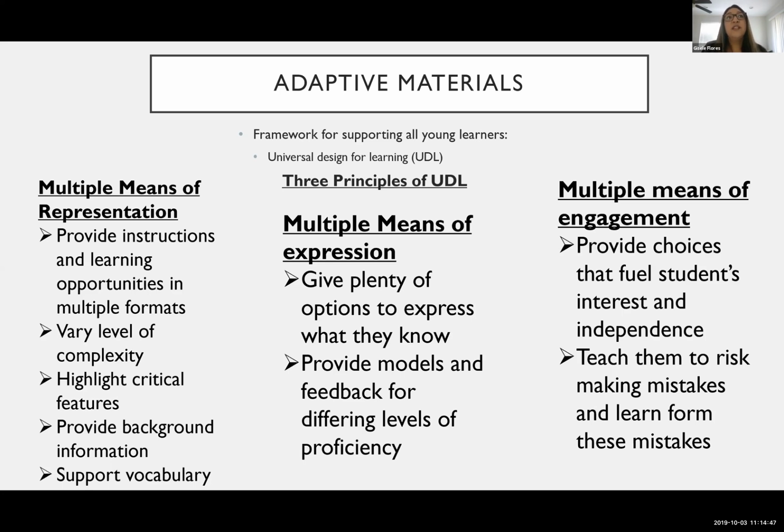We want to give children a lot of different ways to tell us what they know. If we only test or assess one way, we're only assessing children who are able to express their knowledge one way. And we're missing those children that might not be able to verbally tell us how much they know, but maybe they can draw how much they know. Maybe they can show you what they know.